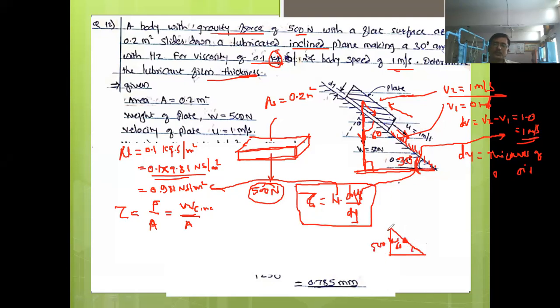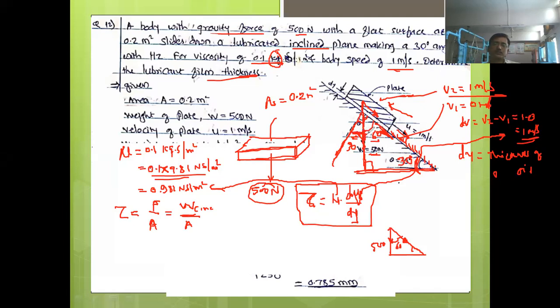So here, if you want to resolve this in this direction, as a normal, this is the surface normal direction. This is 60 degree, so this will be 30 degree because it is normal means 90 degree angle. Okay, so again this will become 30 degree. So either you can write down this component as 500 cos 60, because the component of the force along this axis will be cos 60. Okay, or if we take this angle, what will this component be?